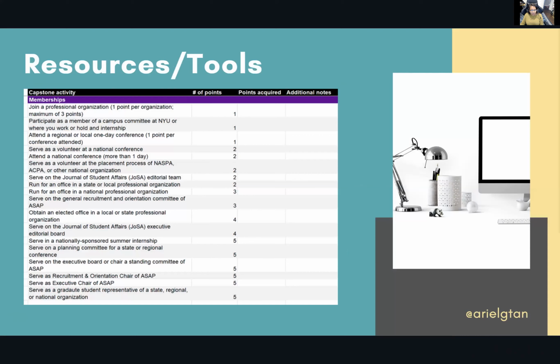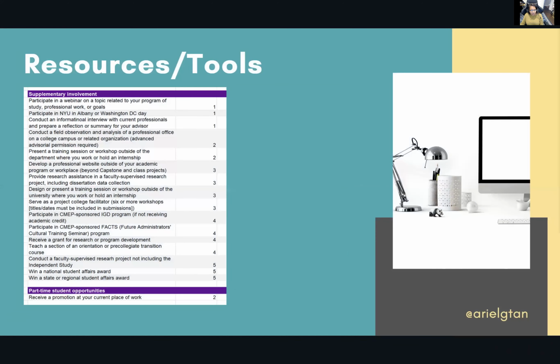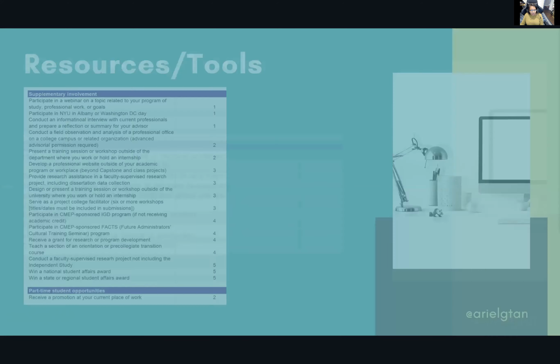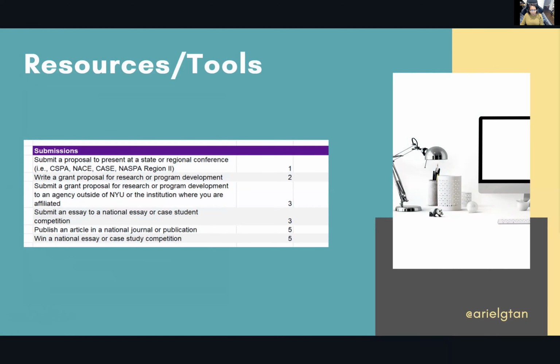Just to talk about the capstone thing. NYU has a capstone point system we have to complete in order to receive and fulfill our degree. So this is an example of what they look like. This is the capstone activity related to membership. So, join a professional org, serve as a volunteer, run for an office, serve on e-board. There's also supplementary involvement: participate in a webinar like right now, develop a professional website, participate in this training. And there's also part-time student opportunity for you to receive a promotion, and submit different proposals and presentations, submit a